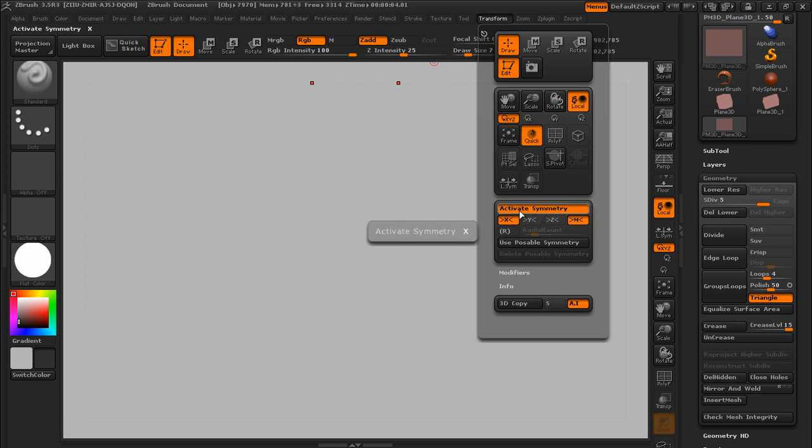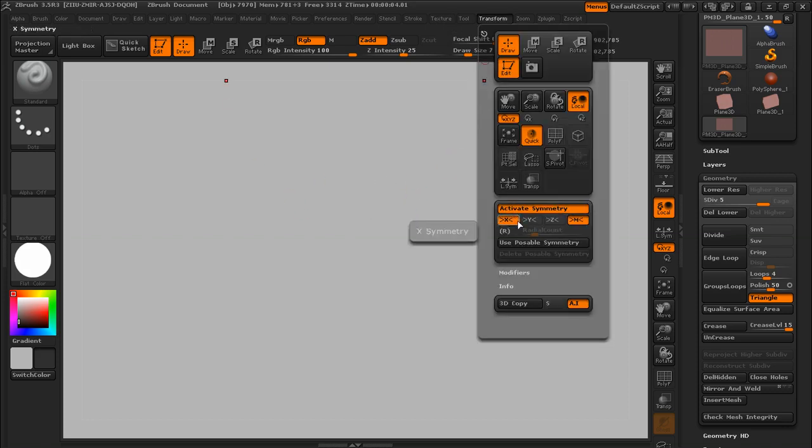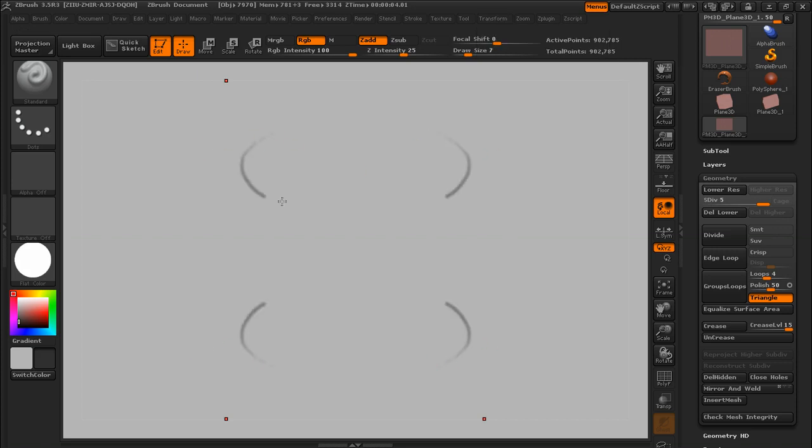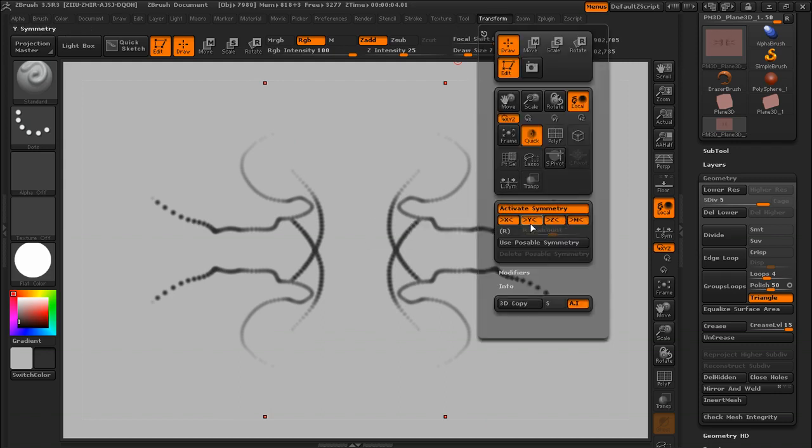You can also toggle activate symmetry using the X key. So if I hit X, that'll toggle it off. I'll hit X again and that'll toggle it back on. But under transform, let's go ahead and turn on X and Y symmetry. Now you can actually sketch in X and Y symmetry. If you want to, you can go under transform and you can turn on Z, and we'll turn off X